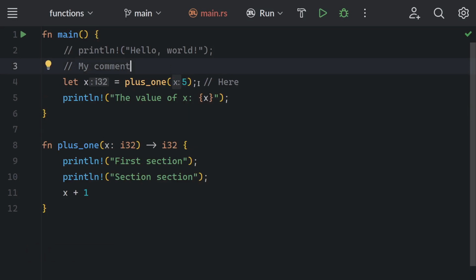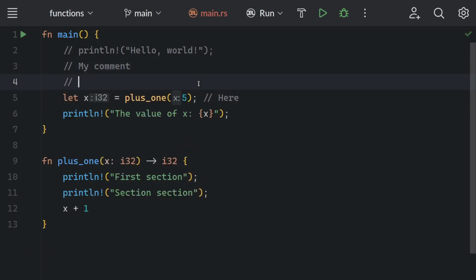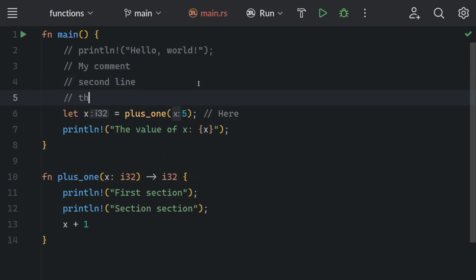You can add multiple lines. So here we can have multiple lines of comments, and this is the preferred way of doing comments in Rust. But in Rust we can have multiple lines of comments. For example,